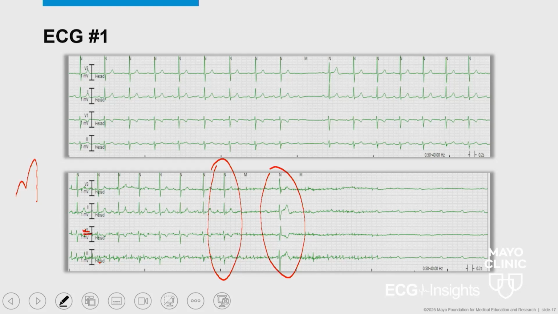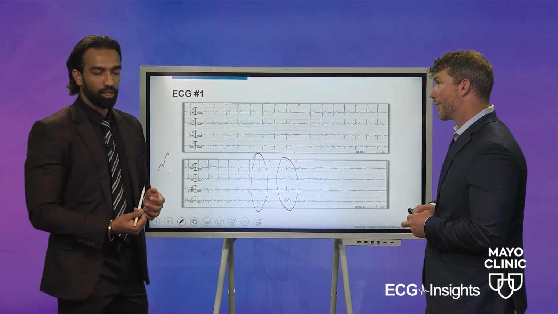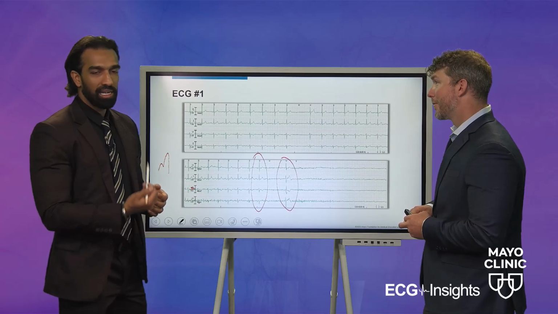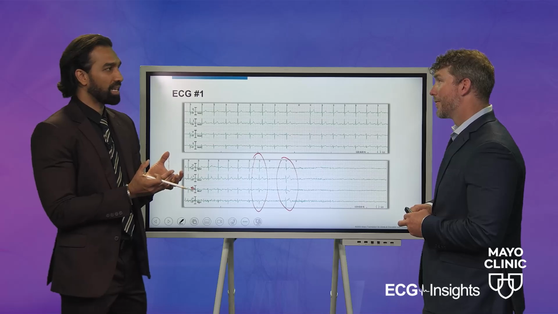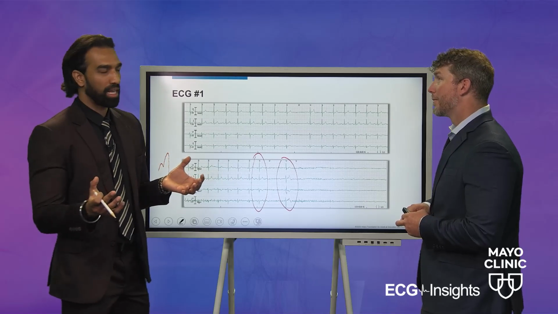Why is that happening? Because this activation, let's say it was a normal right bundle branch activation, came back retrograde to the AV node and concealed in the AV node. So it's not producing a beat in the atrium, but because the AV node is getting activated now, it's not available for the next few beats.